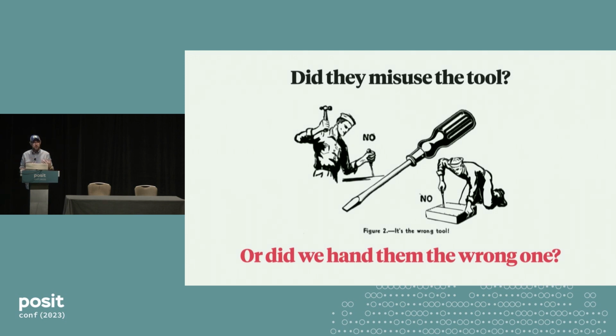And this is kind of what this talk is about. When we see this happening, the instinct is to correct their use of the tool. But I want to argue that in the A/B testing context, we maybe want to think about handing them slightly different tools. And so for the rest of my time, I am going to talk about two approaches to thinking about an A/B test that have helped me have more productive conversations with decision makers.